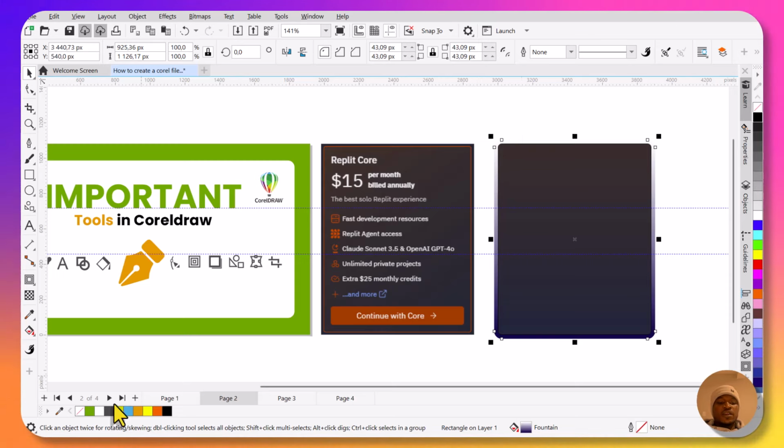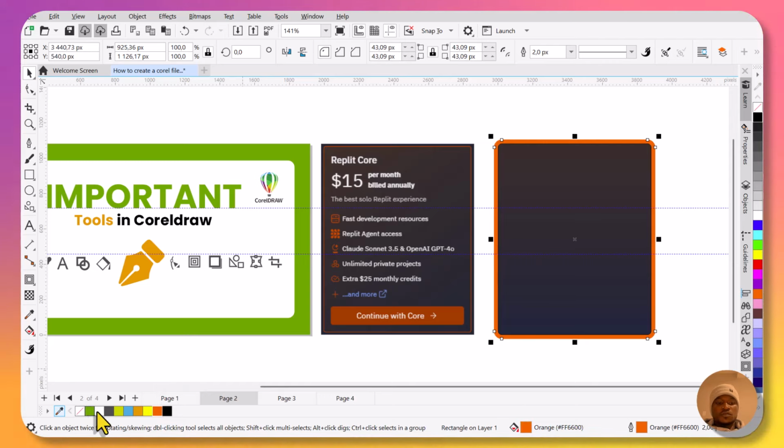So basically, right click is for the colors on the edges. So let's make an example. Right click, see, it puts that green around it, and then left click is for fill, for the color inside it. See,